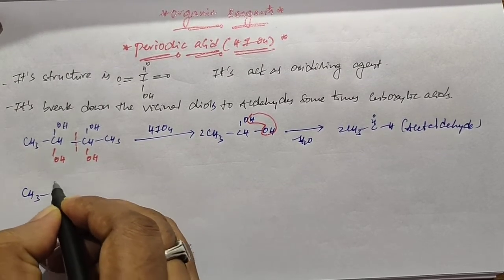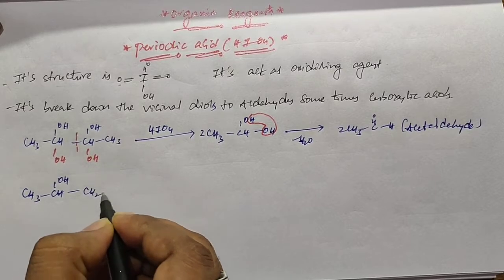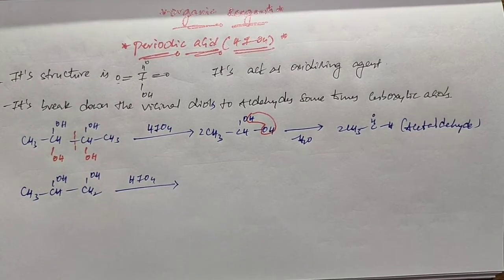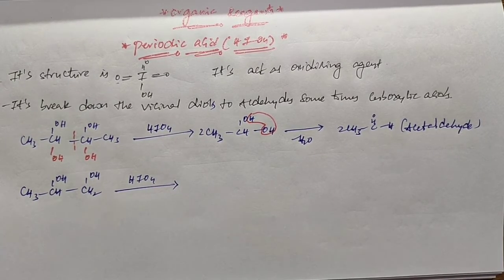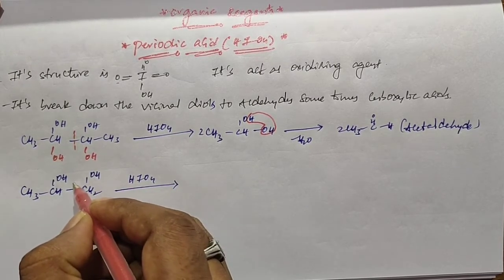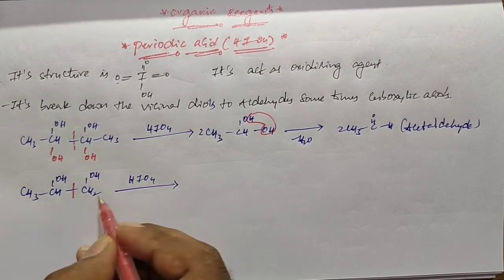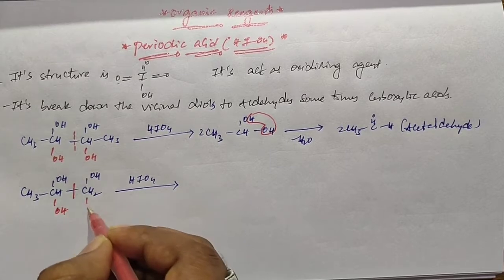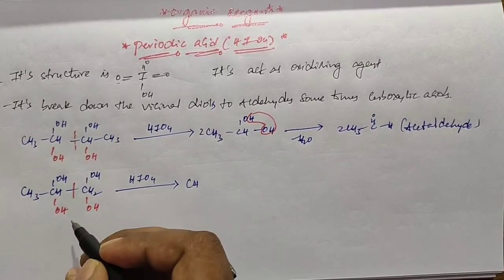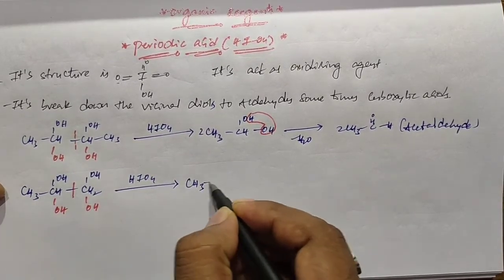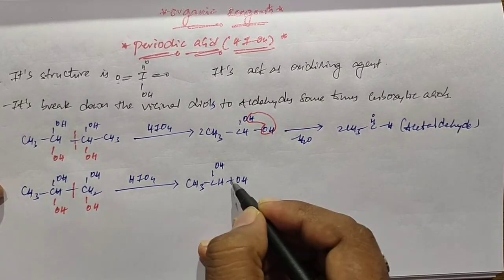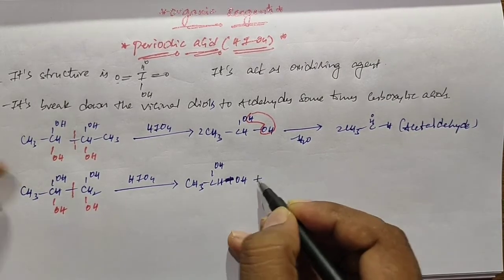Next example: CH3, CH, OH, CH2OH in the presence of periodic acid. When you see this, this is the vicinal diol. In the presence of periodic acid, the vicinal diol can be broken down. Both carbons lose one valency, and those valencies are satisfied by the hydroxyl group. Resulting, we get the following. This is not a symmetrical compound. The first compound looks like this, and the second compound is this one.